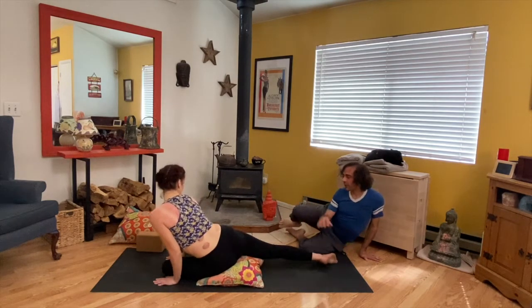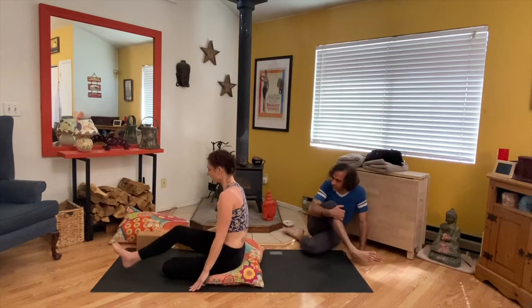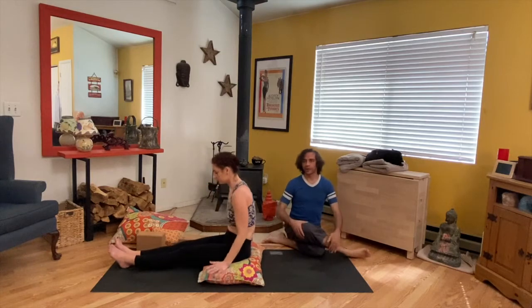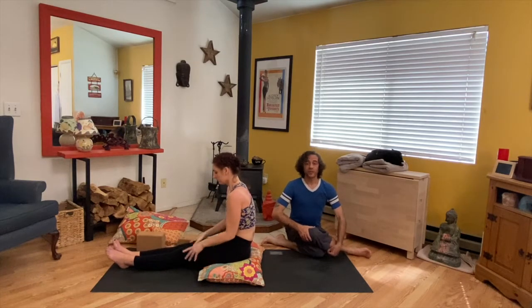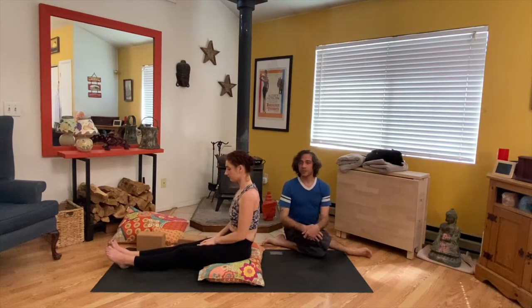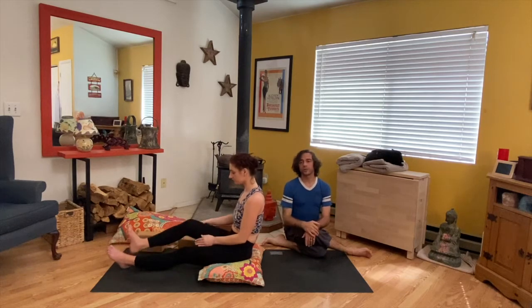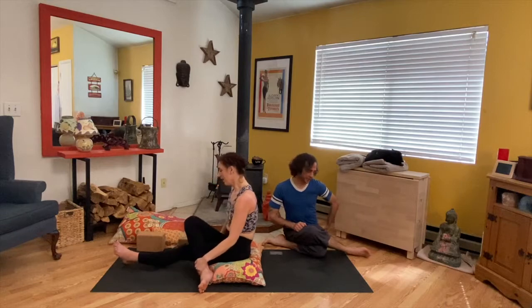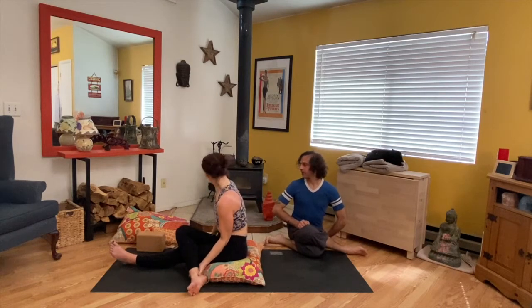Bring the back leg all the way around to either straighten both legs or simply cross right knee directly over top. And once the legs are straight, if you are choosing to do so, step your right foot over top of the left leg, drop the knee open, and pull that left heel to the outside of your waist for a